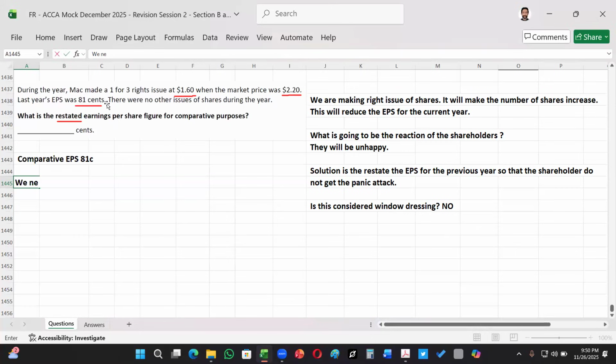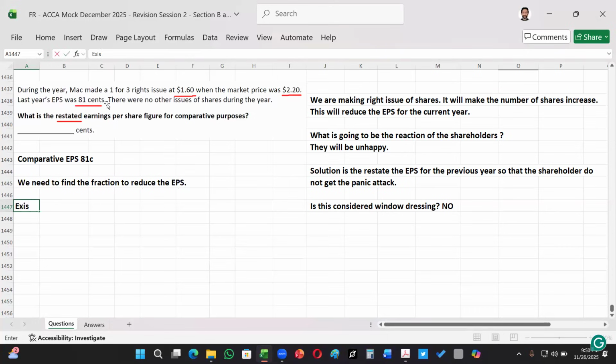So we need to find the ratio or the fraction to reduce the EPS. Okay, this is what we have to do. We have to find the fraction to reduce the EPS. How are we going to do that? We're going to have the